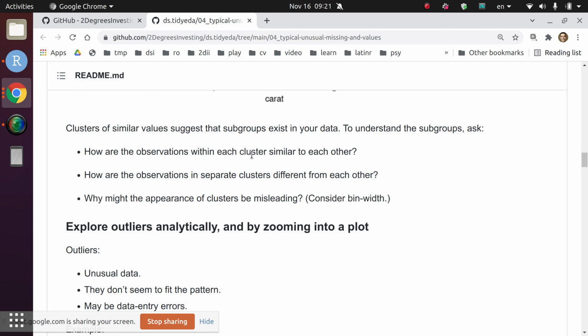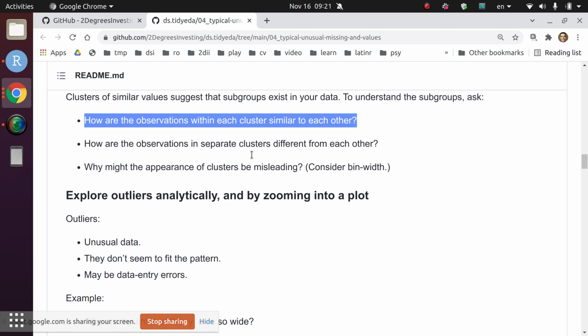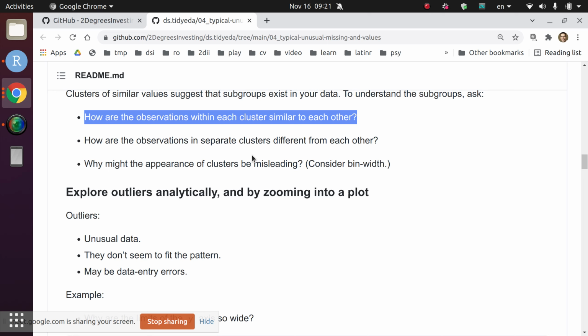So questions that may come from observing patterns are like these ones here. Like, how are the observations within each cluster similar to each other, and how are they different to observations in a different cluster? And you also need to ask why the appearance of the cluster might be misleading. So in the case of, for example,